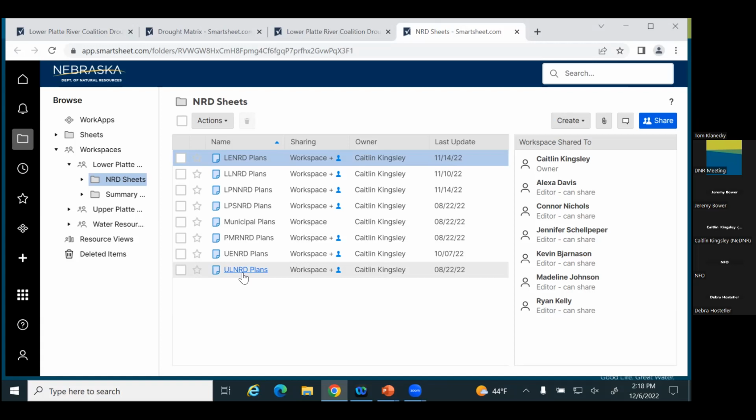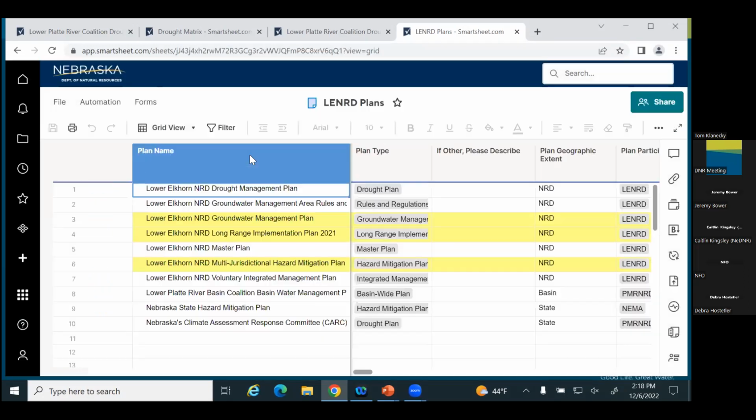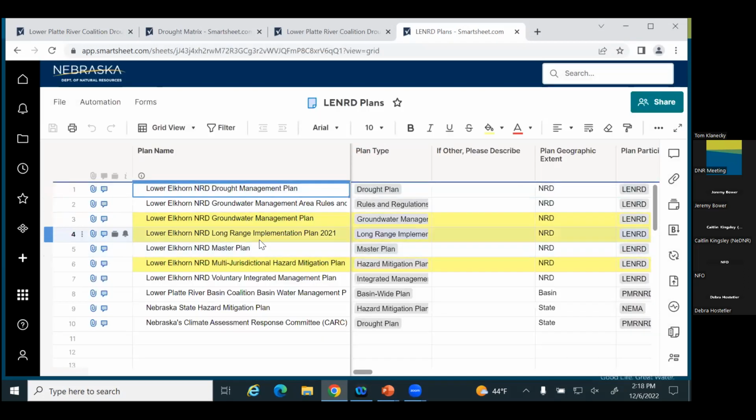That was a really helpful feature for this project because we didn't have to ask any of the technical committee members to make accounts. So I just shared it with their email address, sent them an email, and then they received access to come into these sheets and look at them,